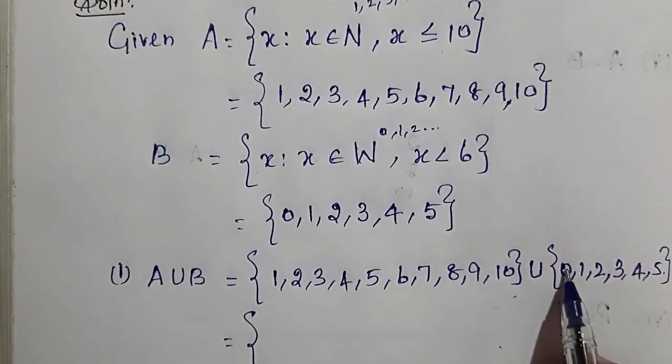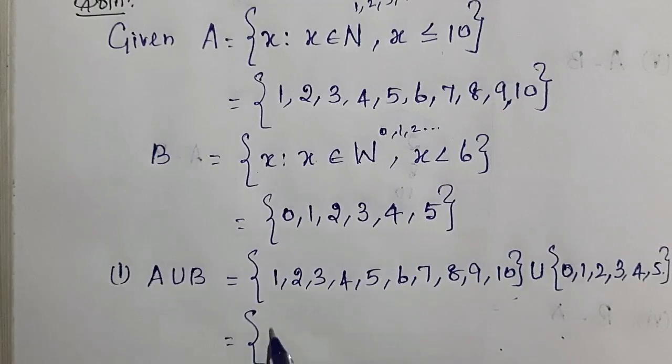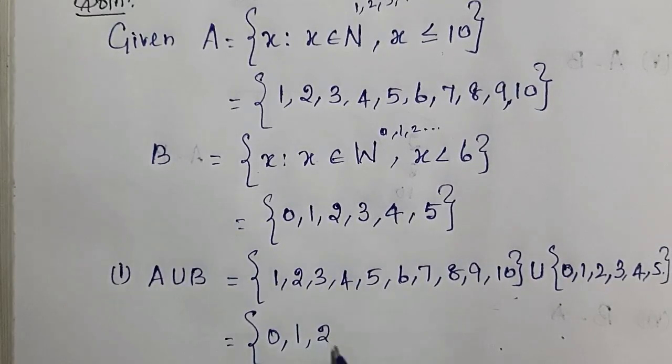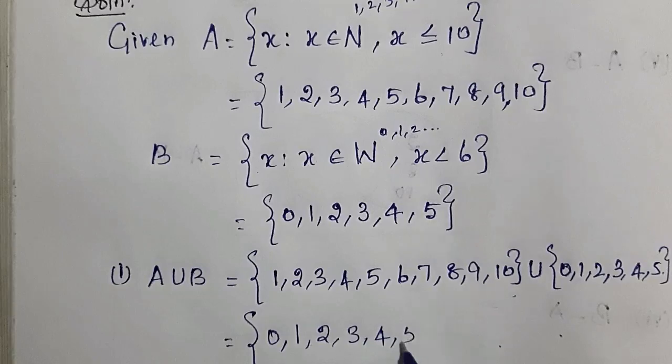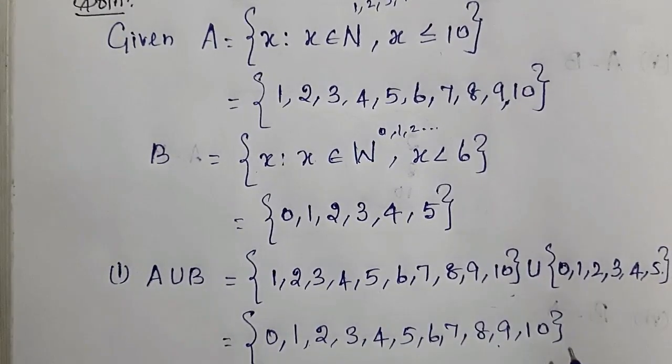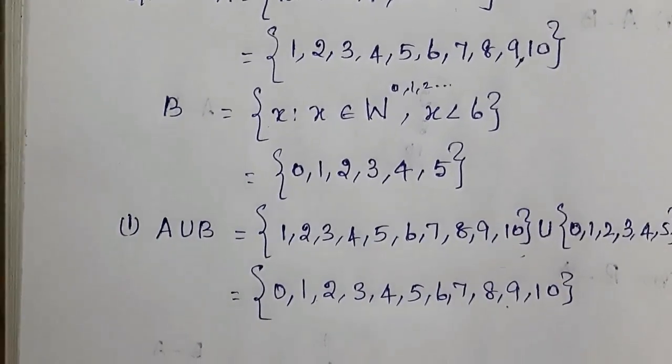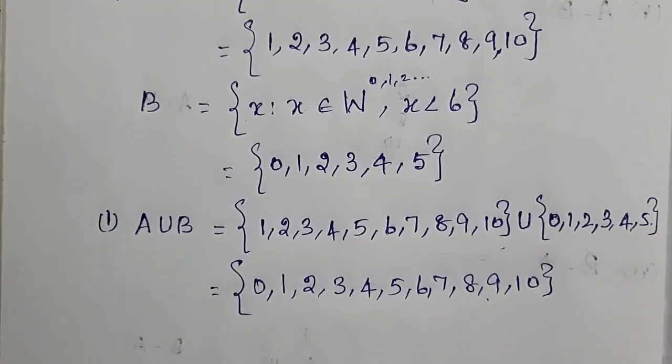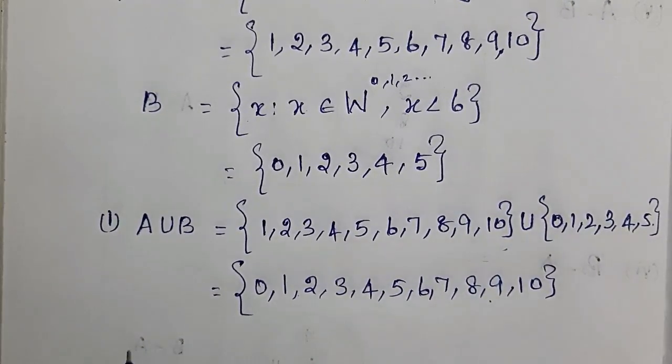Okay. So first I am writing the 0 because that will look good for us. Next, 1 is common. 1 is the element. 2, 3, 4, 5, 6, 7, 8, 9, 10. I have written all the elements. Okay. Just you can check it. I have written all the elements. Next we can write the second part.